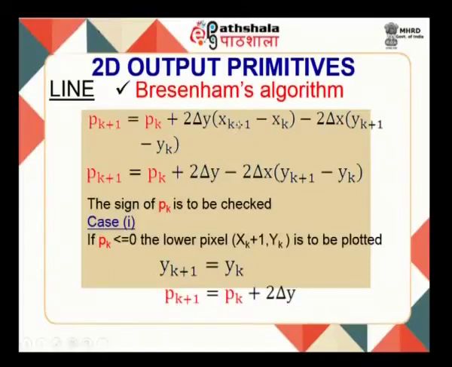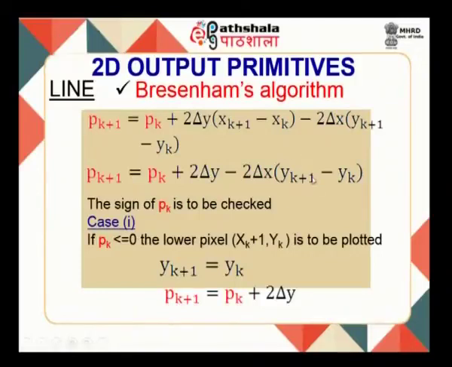If you notice this difference here, x_{k+1} minus x_k: x_{k+1} is the next x value, which is 1 higher than the previous x value. So, x_{k+1} is nothing but x_k plus 1. These two terms, x_k and x_k, get cancelled and you are left with 1 here. So, p_k plus 2 del y minus 2 del x (y_{k+1} minus y_k), this term remains as it is. Now, our aim is to check, verify, compute, or derive what this y_{k+1} assumes,